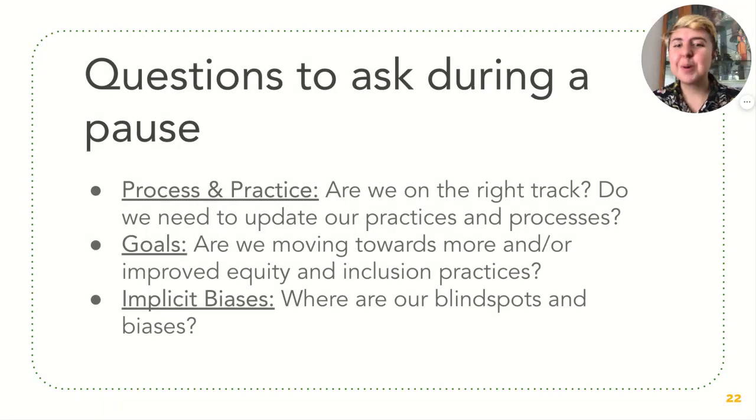And finally, question your processes, those goals that you had, and always your biases. Always think, are we going on the right track? If we're defining a problem this way, are we checking in to make sure that this is really what people have said or people have told us? And goals-wise, is this a process that is bringing us more towards equity and inclusion? And can we check in with people to make sure we're doing that? Because we always need to be challenging the blind spots that we have, because they're very powerful in terms of the ways we see the world and move forward.